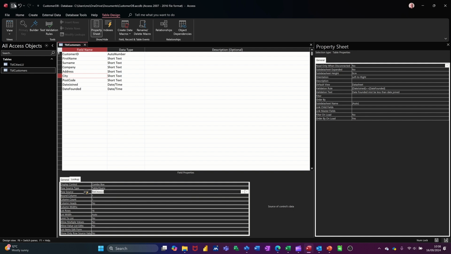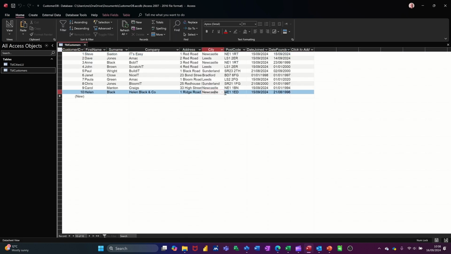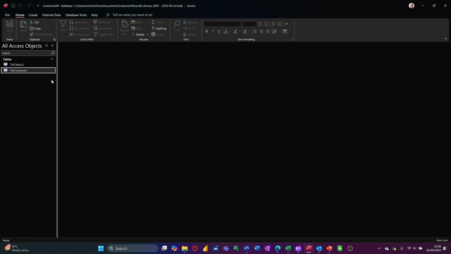But if I save this and go and have a look, I will now get that table, which I've added a few extra ones in, as my lookup list. So that's a table option. Now if I close this table down and look at the other option, which was the field list, I need